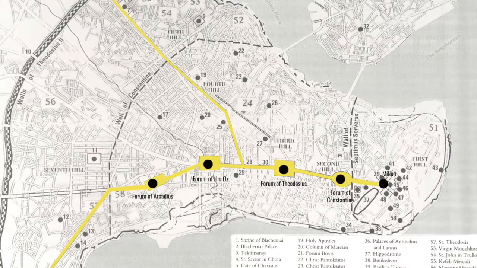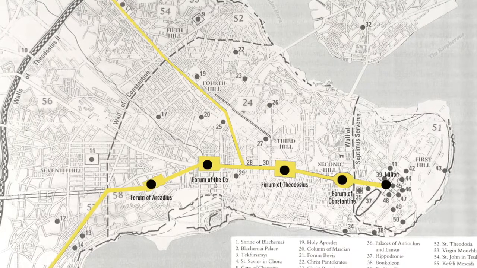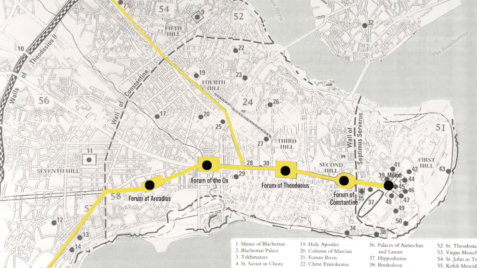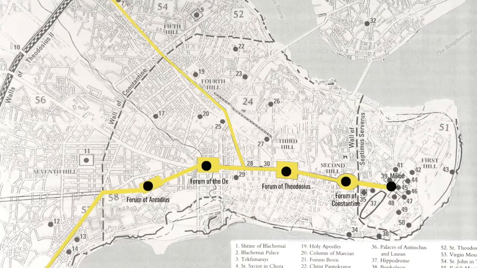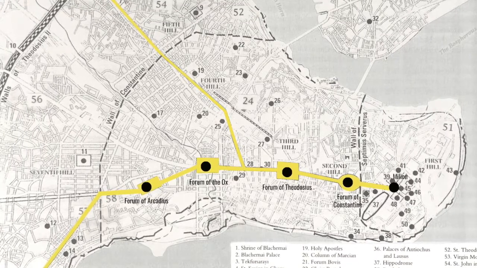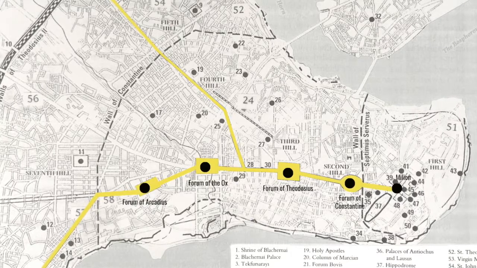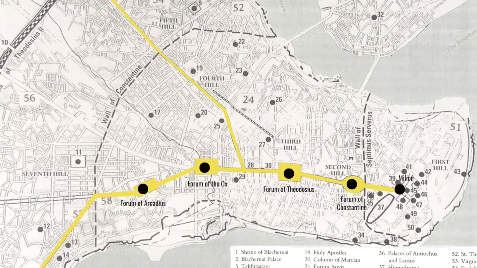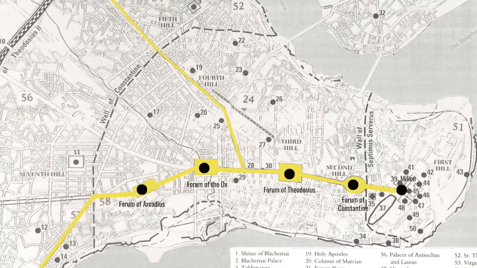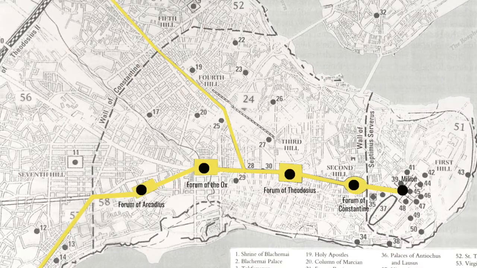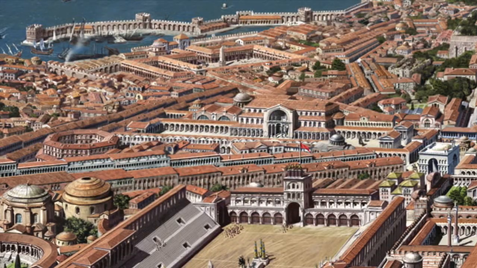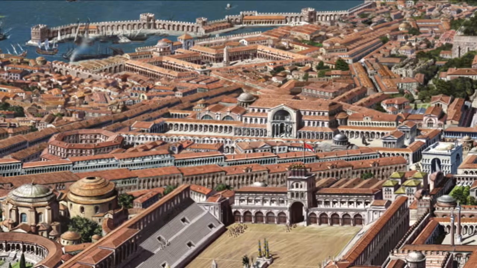After the construction of the walls of Theodosius, Mese was extended accordingly. The extension of Mese was known as Via Egnatia in the Balkan Peninsula, and it existed before Constantinople was founded, connecting Thrace region to Byzantion in the past. Mese can be considered as an output of Roman architecture.